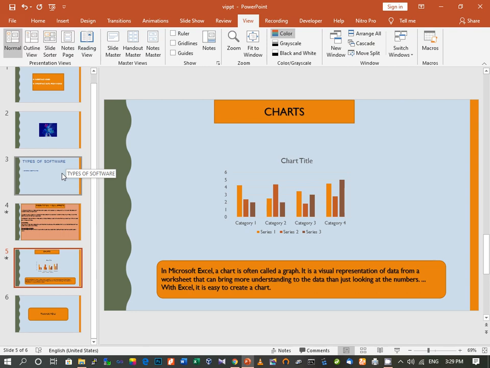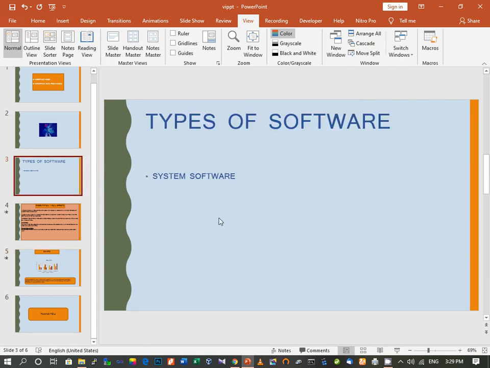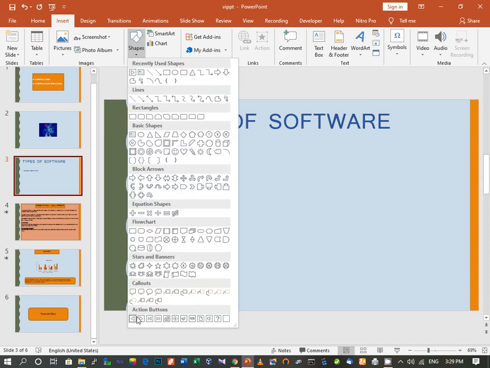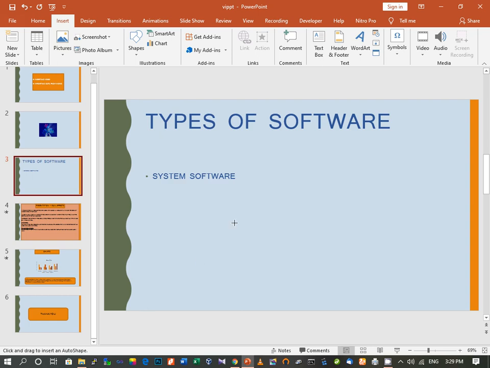If you have to insert any action button, suppose I want to insert my action button in this slide. So I choose this slide, click on Insert. Here you have Shapes, you click on Shapes. Then at the bottom you have the action buttons, so you choose the action button from here. Suppose I choose this action button to go forward or next. Here you can see a few action buttons are there. So the first 4 action buttons you can try. I choose the action button to go forward or next. Click on this and draw this action button over here.